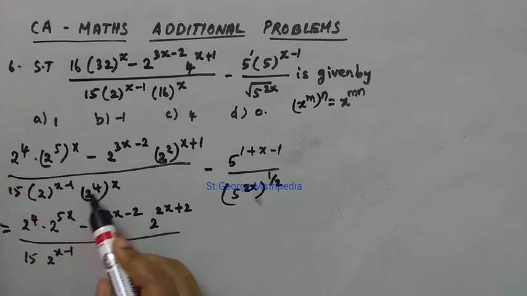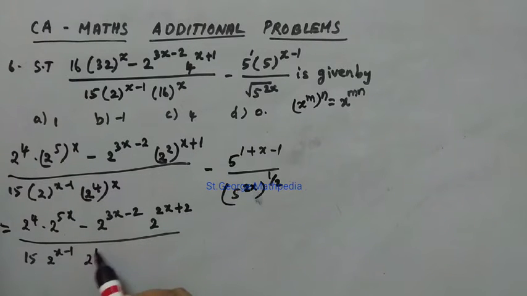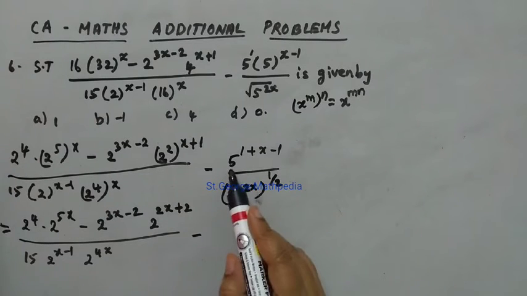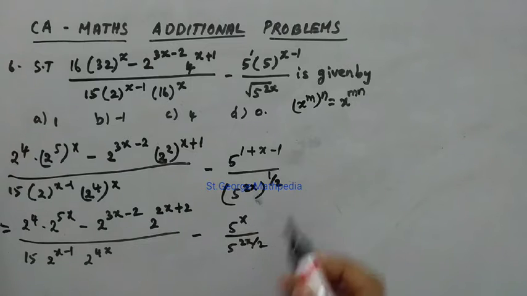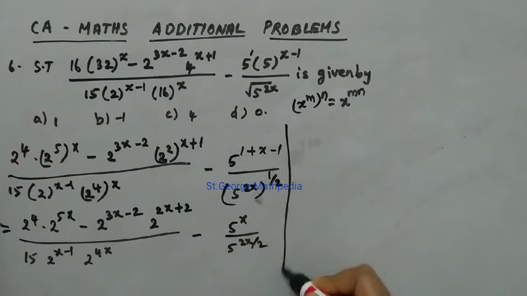2 to the power 4, power x is 2 to the power of 4x. Okay, minus 5 to the power 1 minus 1 gets cancelled. 5 to the power x divided by here 5 to the power 2x into 1 by 2, that is 2x by 2. Okay, that is equal to,